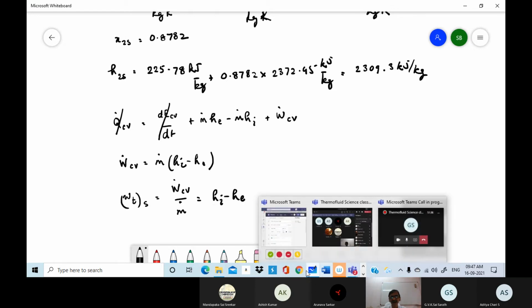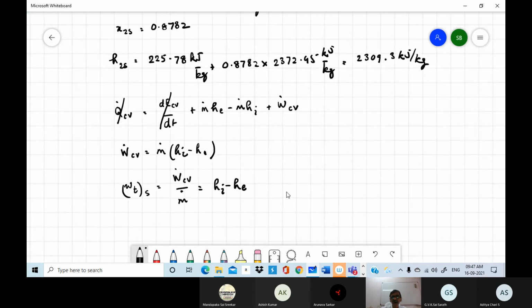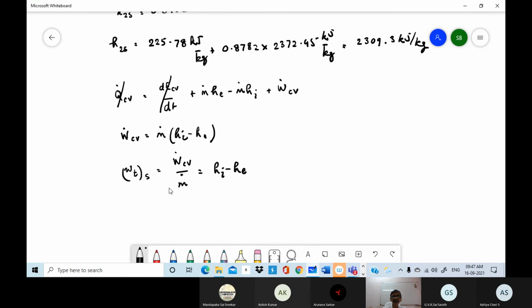So whatever the decrease in specific enthalpy gives you how much of work output you get from the turbine per unit mass. So that turns out to be